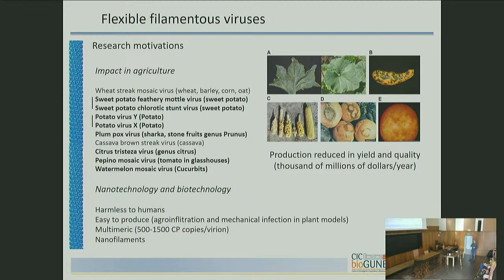As I mentioned, they have a huge impact in agriculture, but they are also used in nanotechnology and biotechnology because they are polymers somehow. In nanotechnology, you use polymers, and they are usually being tested as vaccines because you have the same epitope repeated. You can modify genetically the nucleoprotein, and you expose one epitope in all the copies, and it seems that having this kind of repetition is a good way to present the antigen to the immune system.